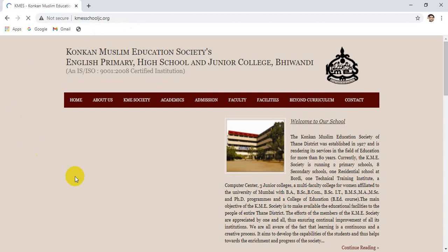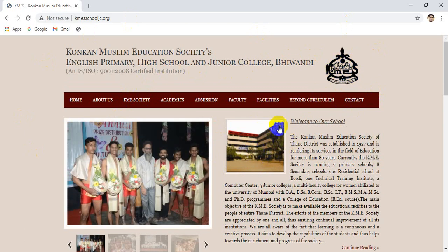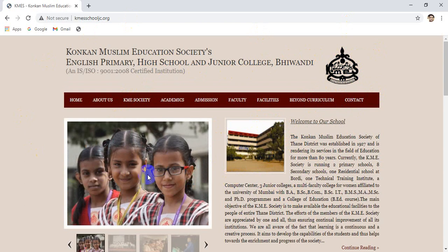See, this is a web page. In one web page we have n number of images. See, this is a logo image on top, the KMS logo. Then this is the KMS school image, and we have n number of images in the slider. So these images can be inserted by using the img tag in HTML, or we can also insert them in CSS.